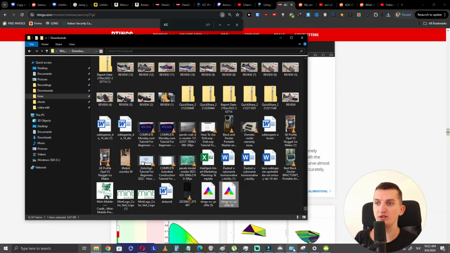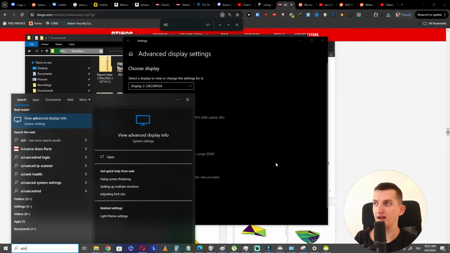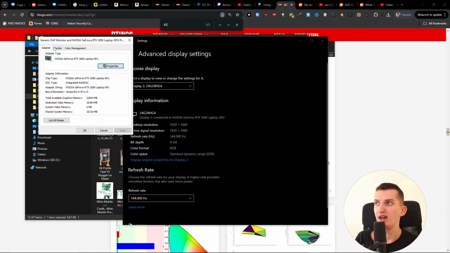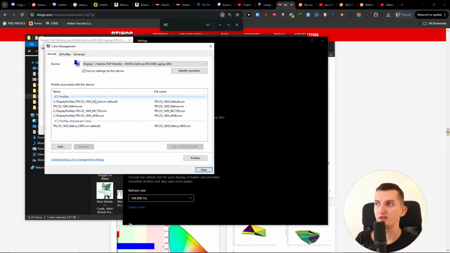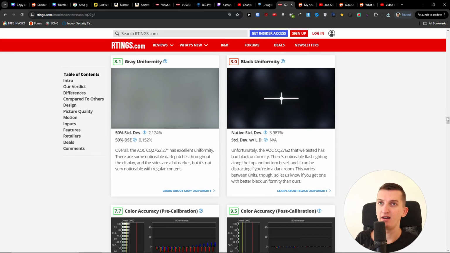So what you want to do is go to display settings. So we want to write in advanced display info. Right here you're going to have display adapter, and then you're going to have the color management, and here you're going to add the ICC profile, and that could possibly work out and actually change a little bit of things